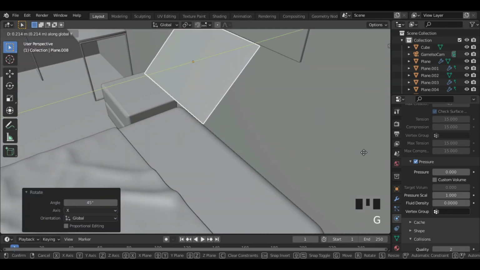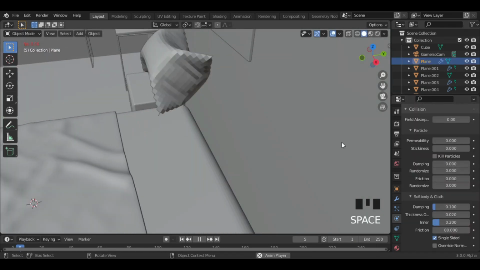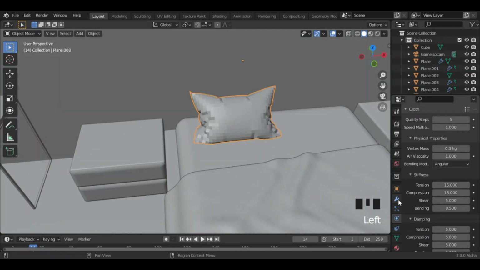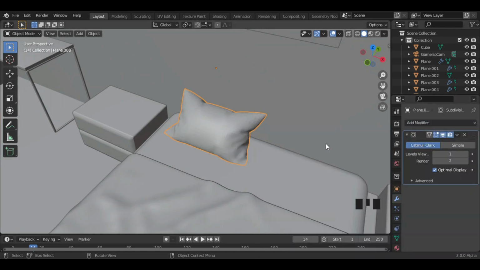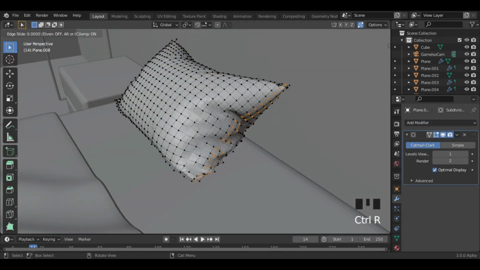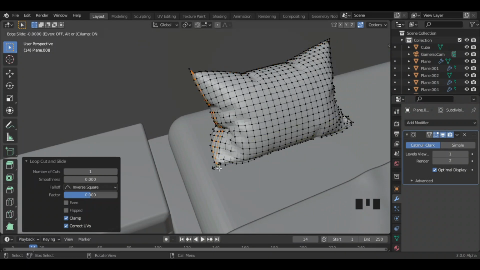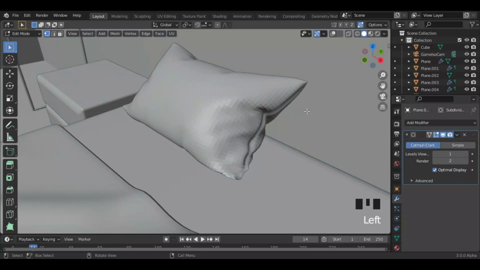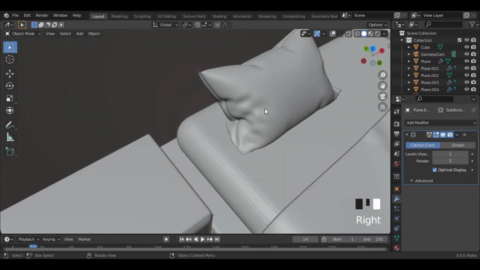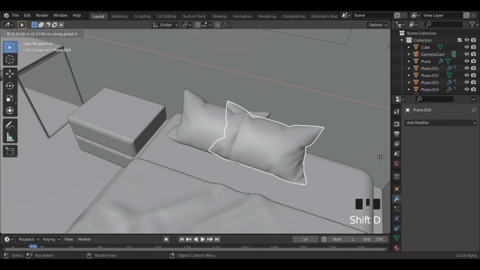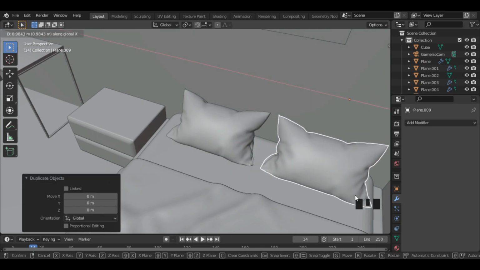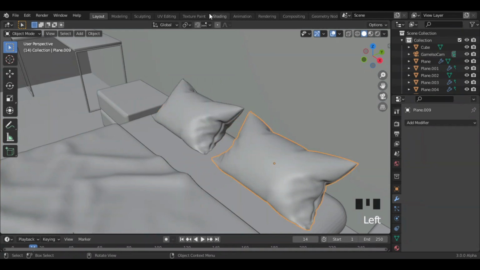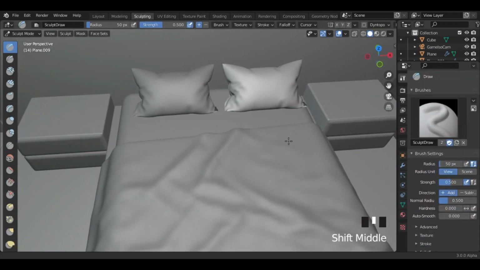So we will just blow it up like a balloon using pressure in cloth tab. Apply cloth modifier and add subdivision surface modifier. To make those seams, I will just add some supporting edges and pull the middle one inside a bit. Now to add wrinkles, I will just use cloth brush, and for more pillow I will just duplicate this one